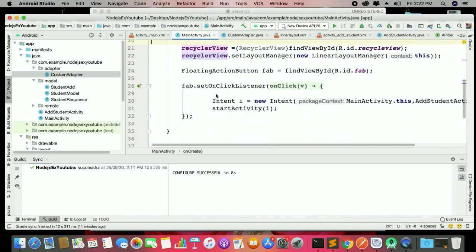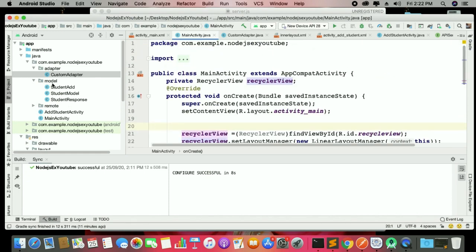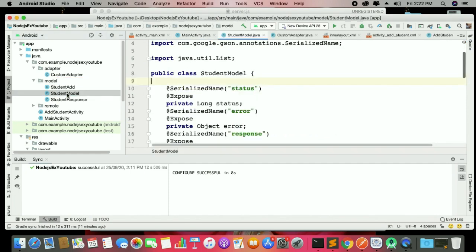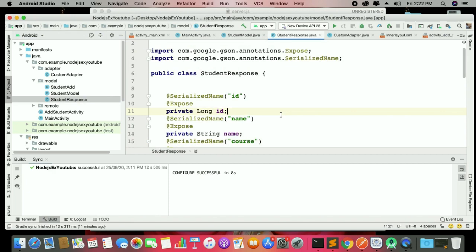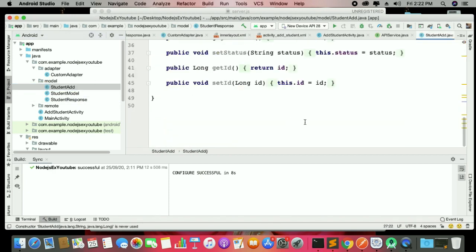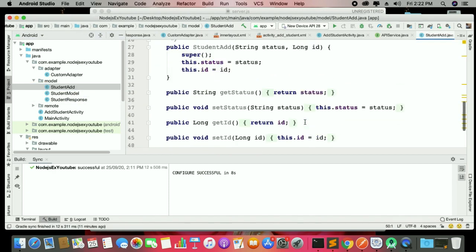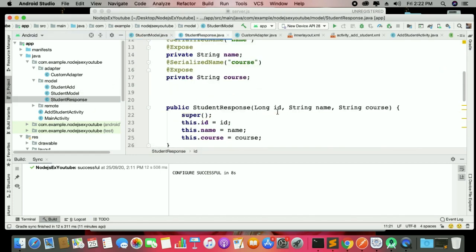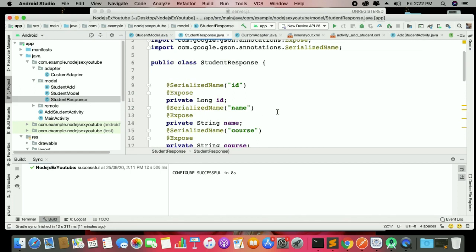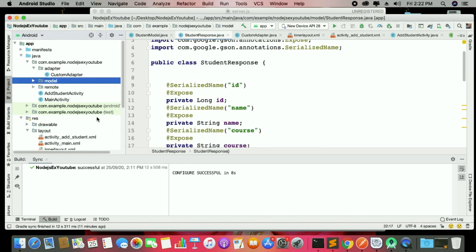We just make a model for that. Okay, so here it is a model for the student model, student response model, and the student add model. These three models, that means that we have for getting a response to show in a list. So that's very easy. You can put it as a new model as you have done, and this is your